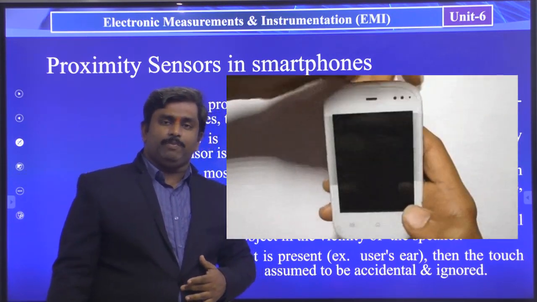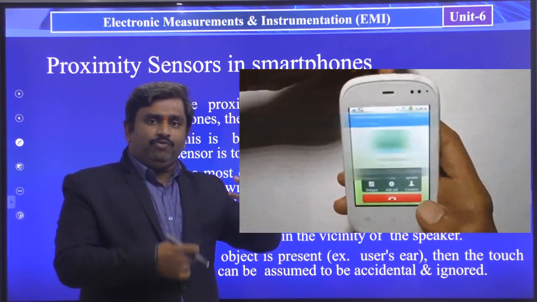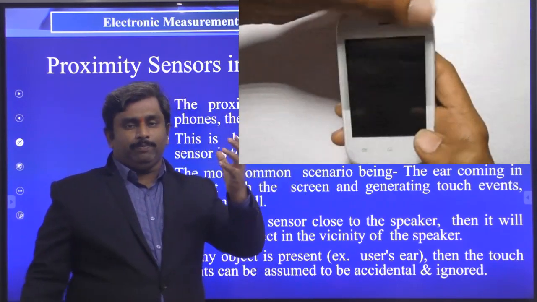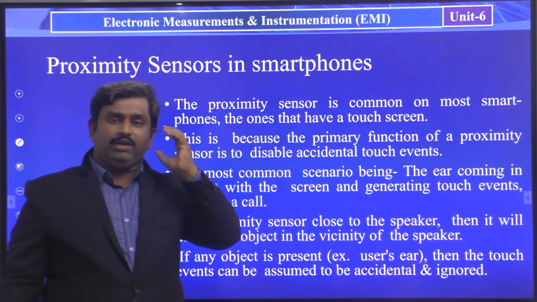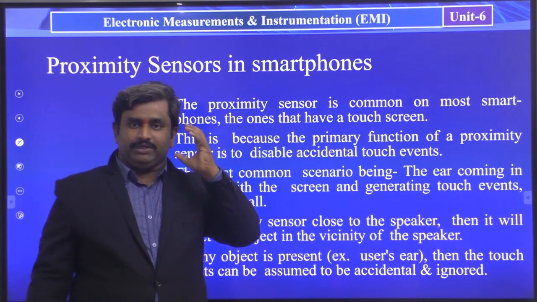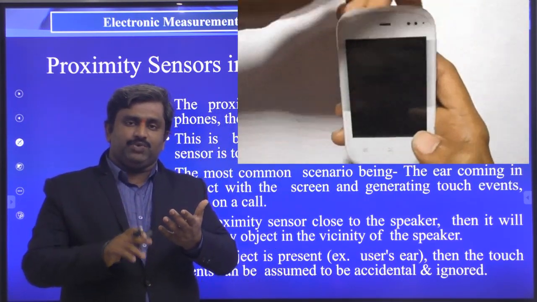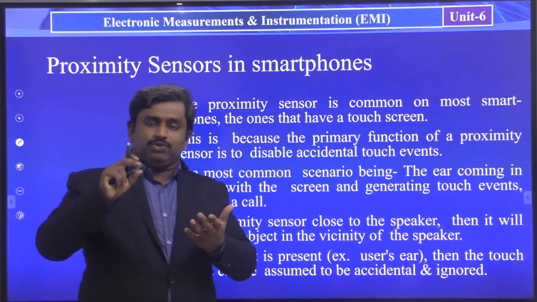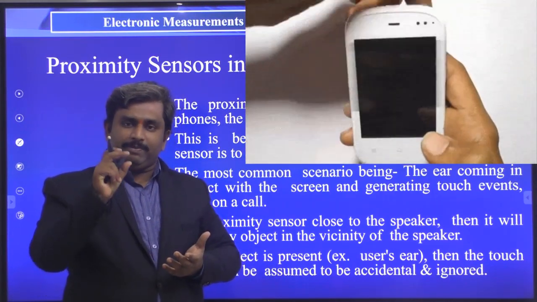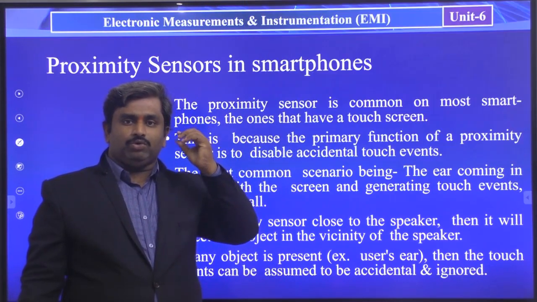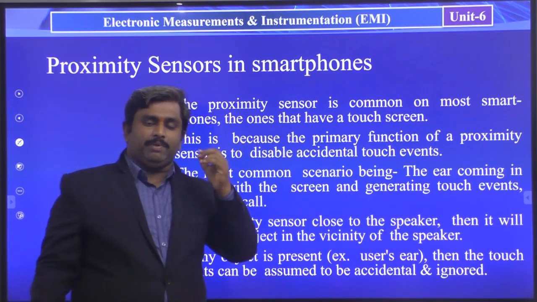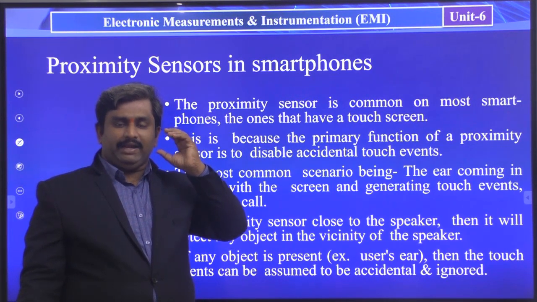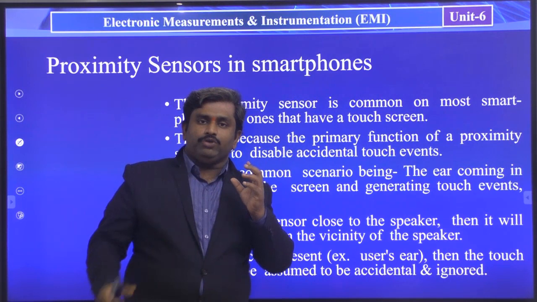What is the proximity sensor operation? When the smartphone gets a call and we receive the call, after lifting the call we put the phone very near to our ear. When it detects an object, the infrared sensor we place on the side of the front camera of each and every smart mobile. So beside the front camera, we place the proximity sensor. When we are talking with another person on a call, the mobile is kept at our ear. So when we keep the mobile at the ear, automatically the display is switched off.